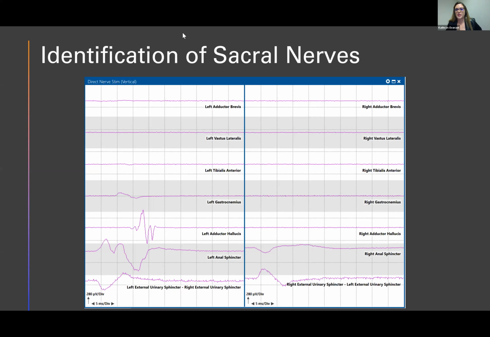And I think it's important to pay attention to the latency of the other muscles, right? So it's all patient dependent. And like Faisal's saying, if you're changing your ISI or changing to double train in the middle of the surgery, it's going to completely change the latency on the screen. So I think it's important to know the comparison between your foot muscle and your hand muscle and your urethral sphincter response, where do they fall in time comparatively to each other? Yeah, that visual of, am I looking at the right thing compared to everything else?